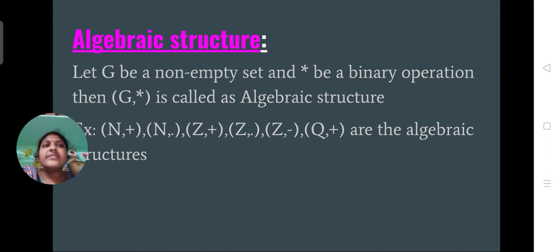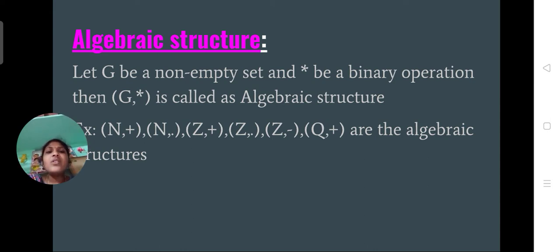And we define another example for algebraic structure. If we take any non-empty set G, that set together with one or more binary operations, here the examples with only one binary operation, and with more than one binary operation on G, is called an algebraic structure. For example, R comma plus comma dot, here we take two binary operations. This is also an algebraic structure, and N comma plus, N comma dot are also algebraic structures.